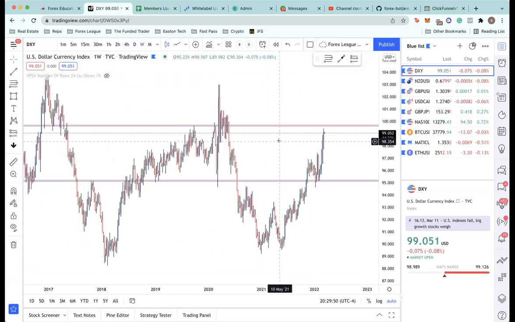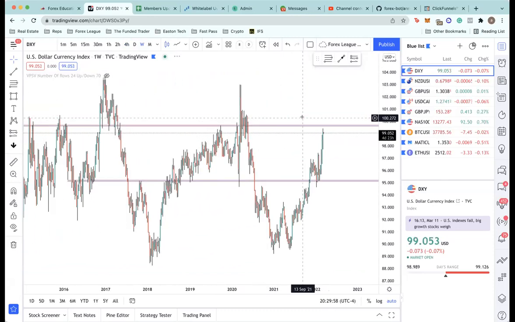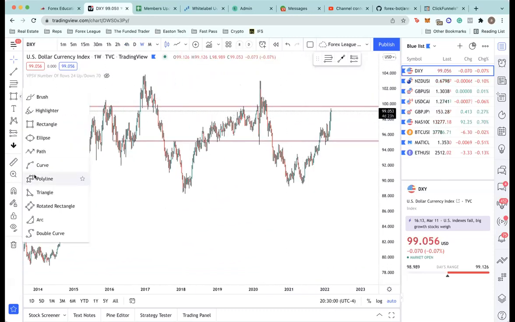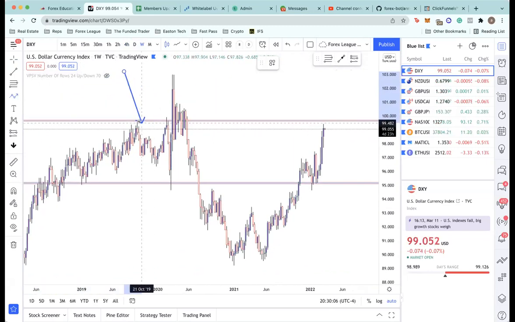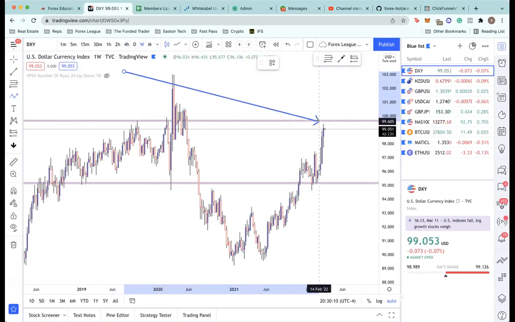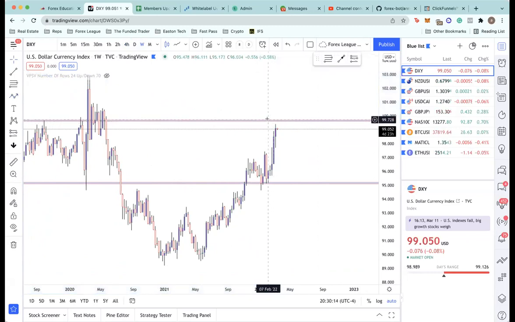So obviously DXY is moving pretty aggressively to the upside, and we have this 100 level. We have this resistance level that I've marked up here. Why do I have this? We've got resistance all in this area. We've got support all along this area. Let's just zoom in. Resistance, resistance. We had some consolidation around here. So once price comes back up into this area at 99,700, right around 100, probably going to see some reversal,